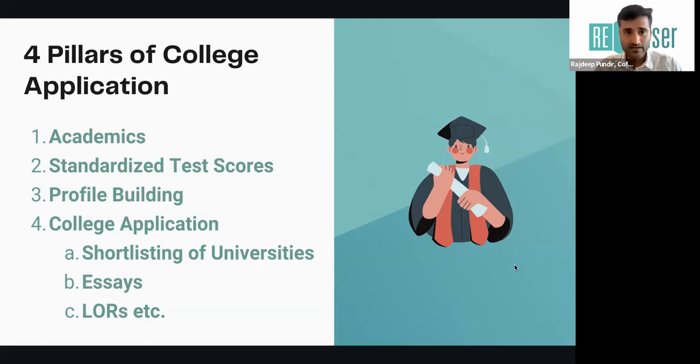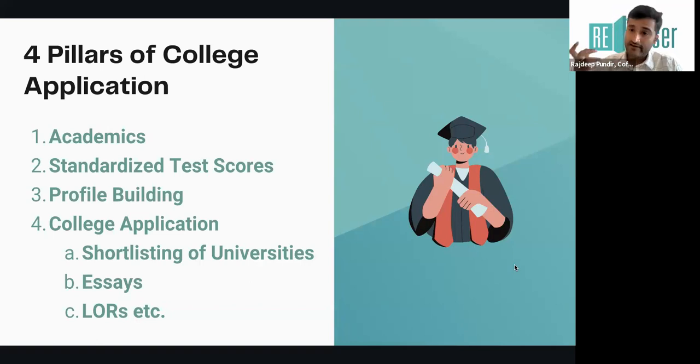And then there is a fourth pillar, which is college application, which largely comes in grade 12, right? Which includes shortlisting of universities, writing essays, letters of recommendation, and so on and so forth. So that's part of your college application process. So these are the four major pillars that you really need to think about when you're looking to go outside